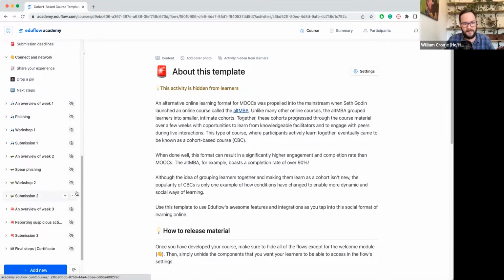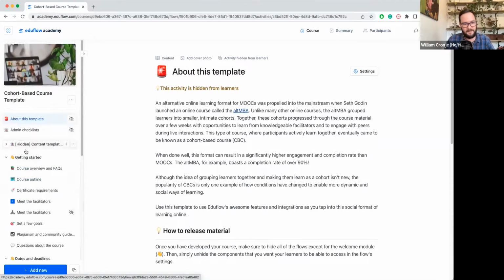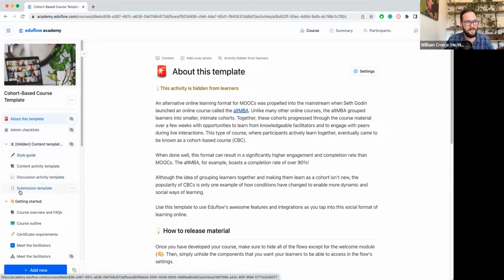The other thing that I've also created in this template is, so you'll see here at the top, I've got a hidden component. And as a course creator, often you have, let's say, a team of 2 or 3 people who have to create something, and each person might have their own style or their own way of creating different components, and sometimes that can get really overwhelming. So what I recommend you do is you create a little hidden flow at the top